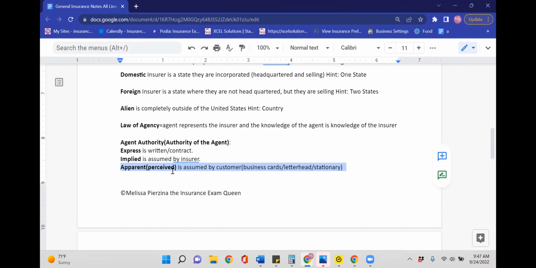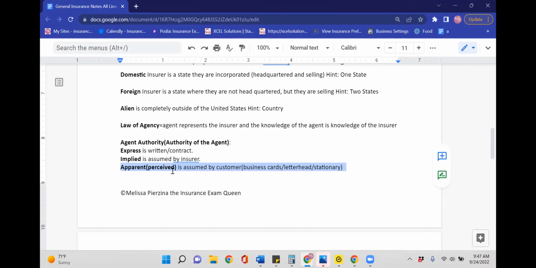Here is an example of apparent authority, where you realize it's not real. It's perceived. We think you have that power, but you don't actually. Let's say you call up your grandma. Grandma, I'm studying for my life insurance exam. I'm going to be an insurance agent. I'm going to sell to you and all your friends, make sure that you're well protected. She goes, oh my God, I'm so excited that you are going to be an insurance agent. I cannot wait.